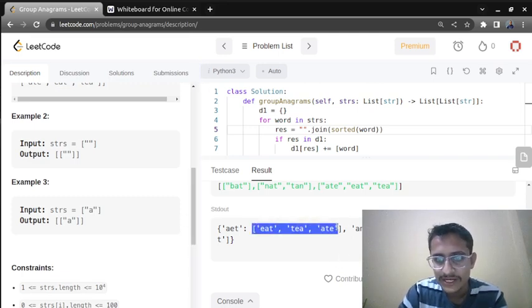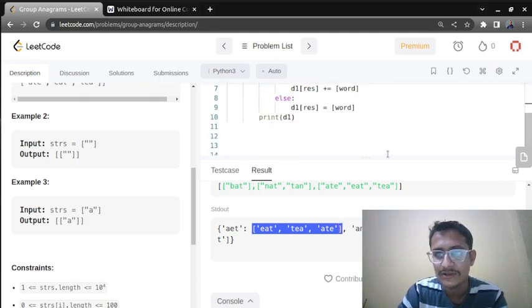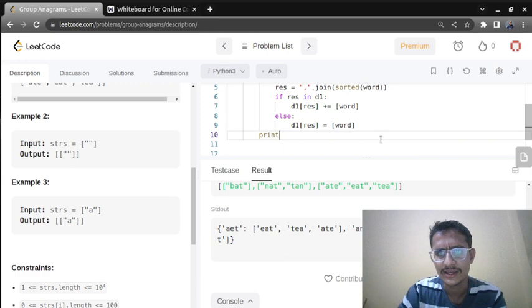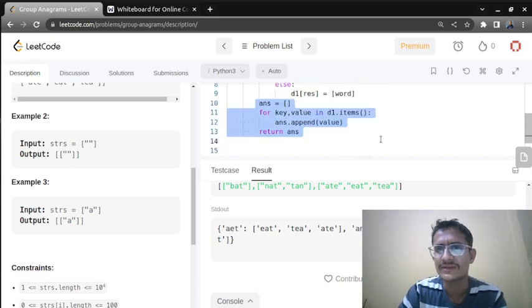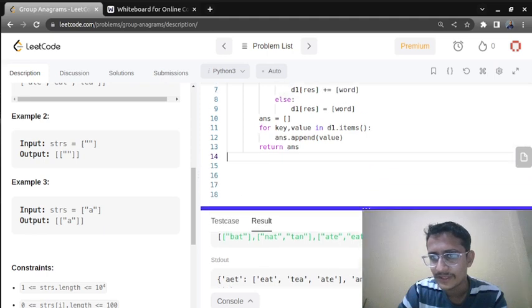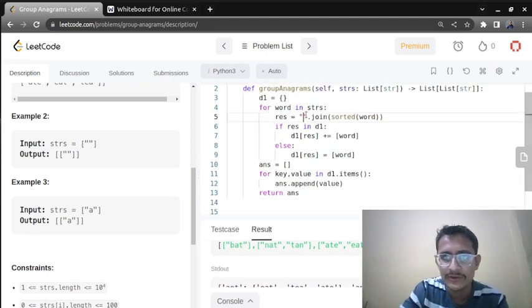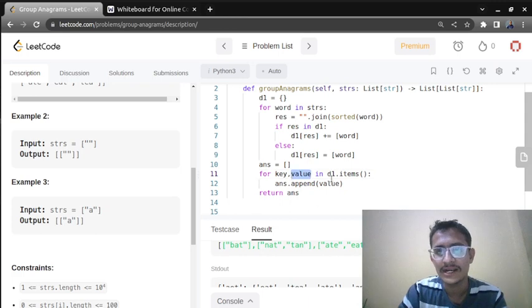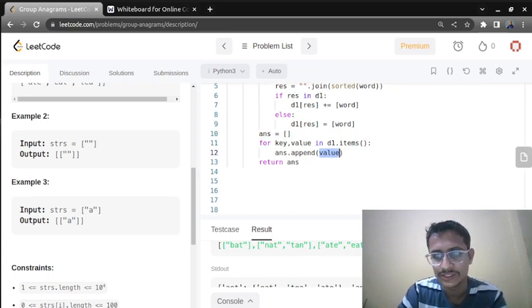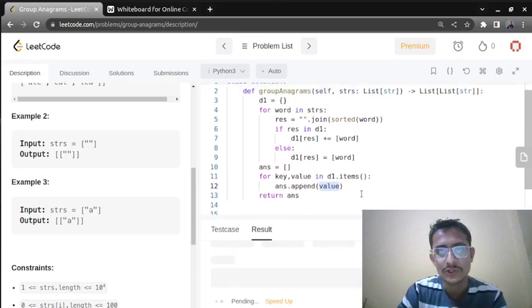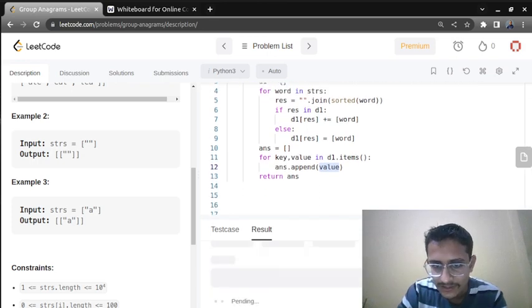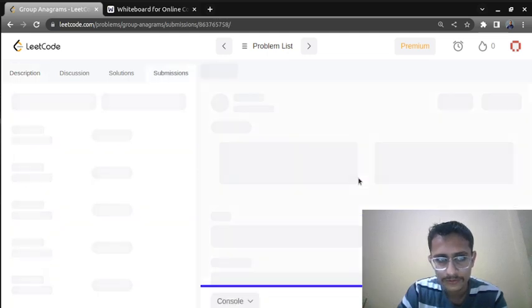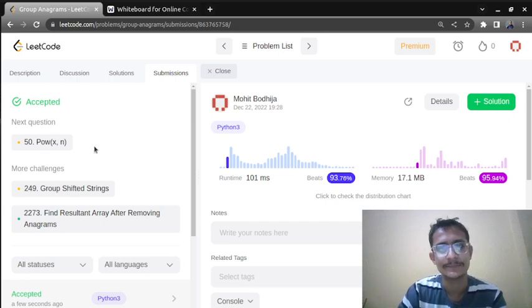Now what we need to do is return all the values in the dictionary. It is very simple. We just have to use a for loop and traverse the entire dictionary. Using key, value in d1.items, I have written answer as a new array, and in that answer I am appending all the values. Let us try to run the solution and I think it will work absolutely fine. Okay, so as you can see, the answer is accepted